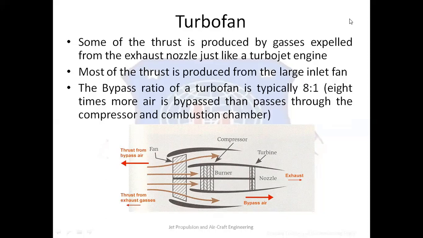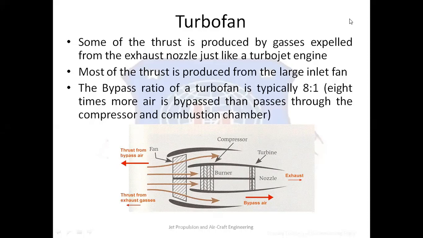this is what happens with the primary air which is entering into the engine, while the secondary air, which is also known as the bypass air, is the cold air at relatively lower pressure, and that flows around the turbofan engine and expands in the fan nozzles. Hence, additional thrust is produced because of the expansion of the air. Now, the thrust produced by the secondary air is at lower velocity, and the thrust produced by the primary air, which is passing through the engine, is at much higher velocity.